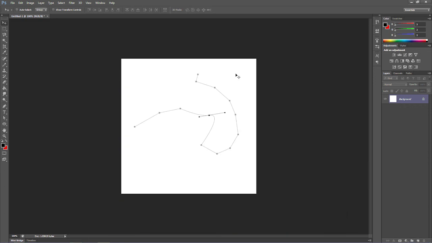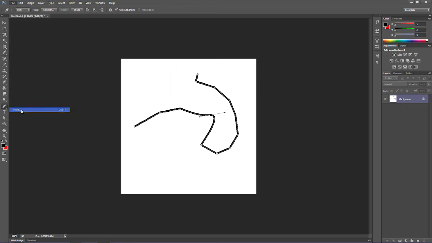If I come back to my pen tool, right click, stroke path, OK, File and Print. Now I have